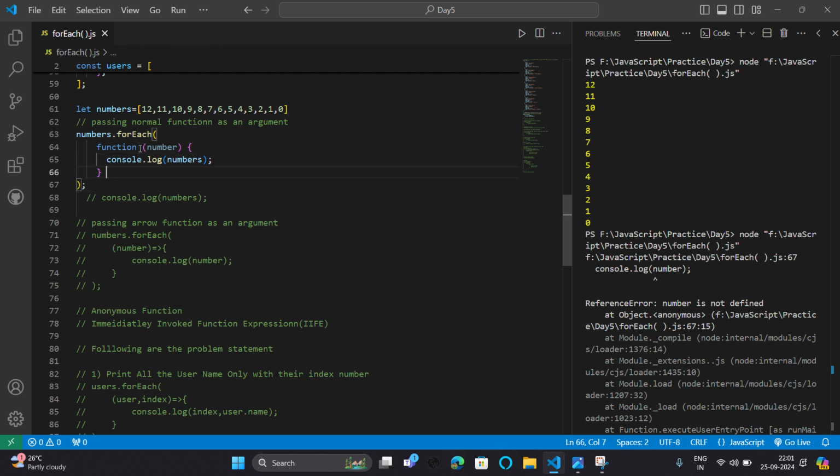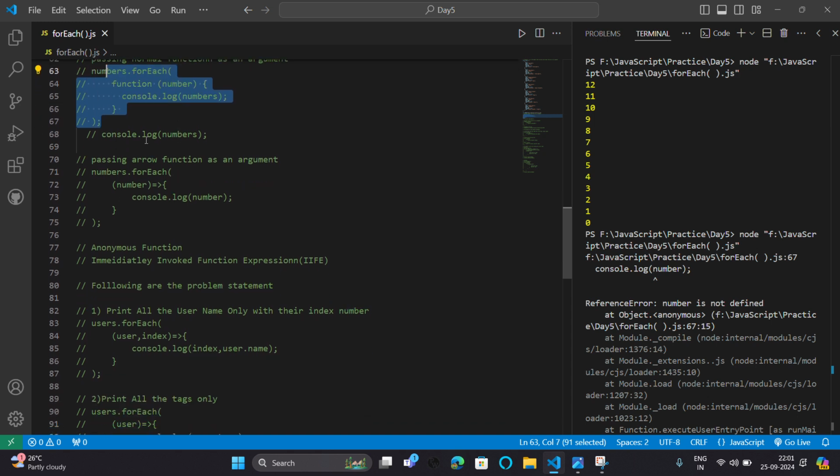Okay, so what is the function of this forEach method? If I pass this function on this array, it basically iterates over it. So there is no need for any for loop, initializing a pointer which goes from zero to the last index of the array. Okay, so this is the normal problem statement, and we can pass an arrow function as well.